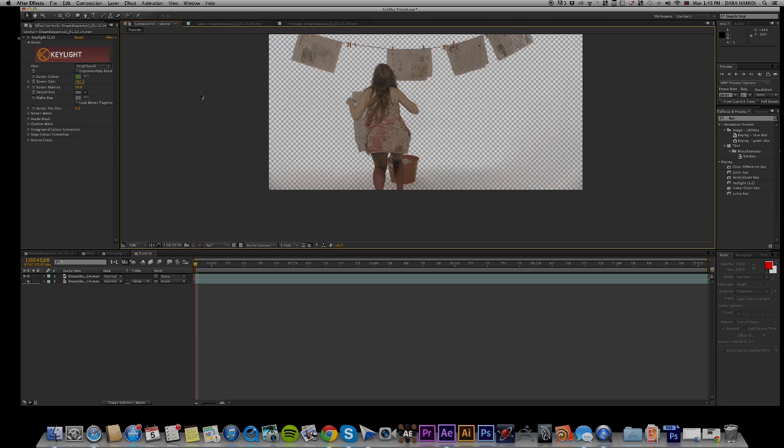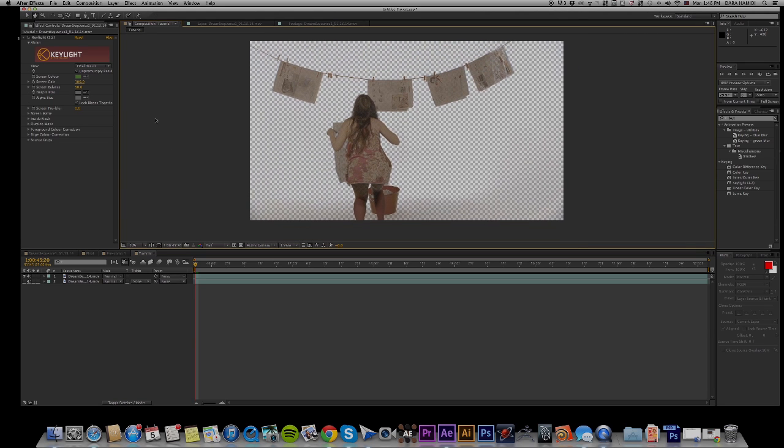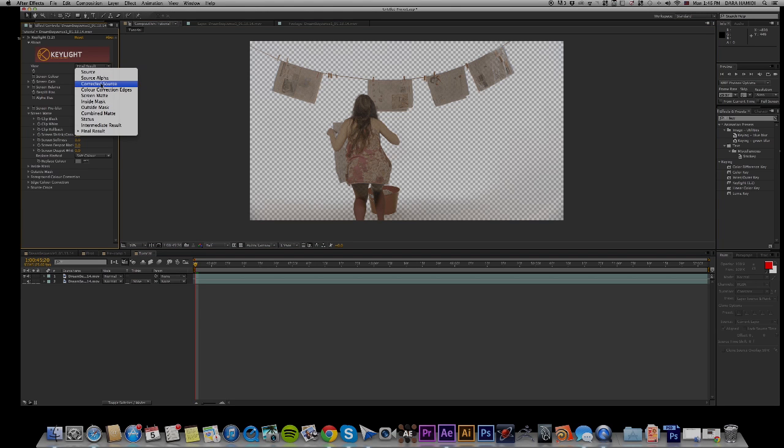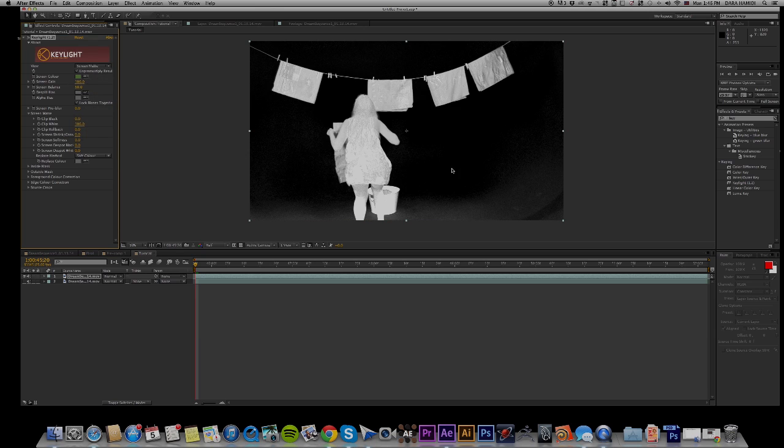Alright, so open up screen matte, bring this down to screen matte so you can see the black and white. The white areas are the parts which are opaque, and the black areas are the parts that are transparent. So we want to get the opaque parts as white as possible. For example, her body, the character's body, and